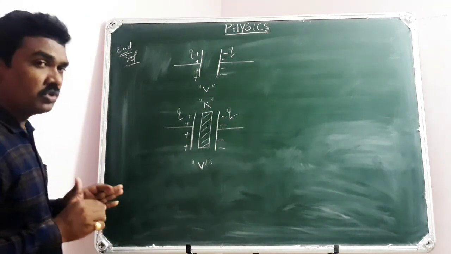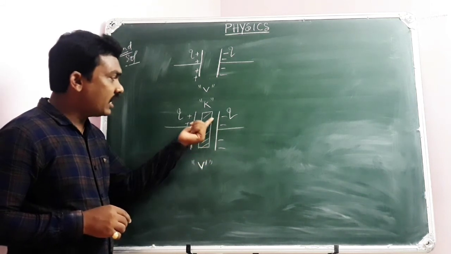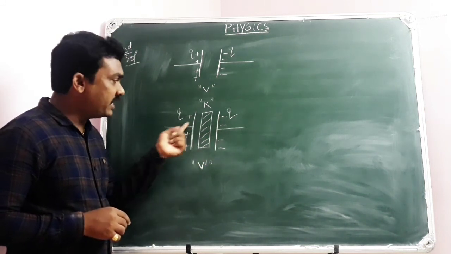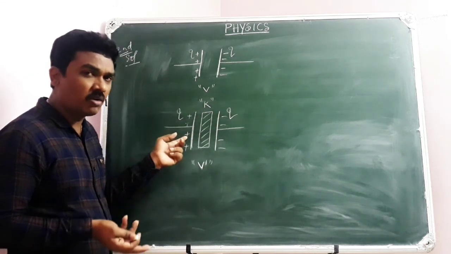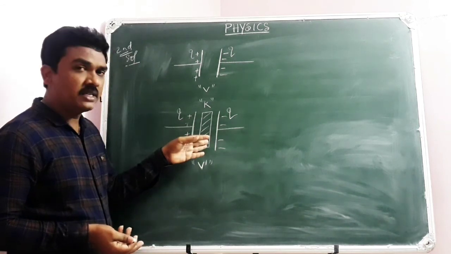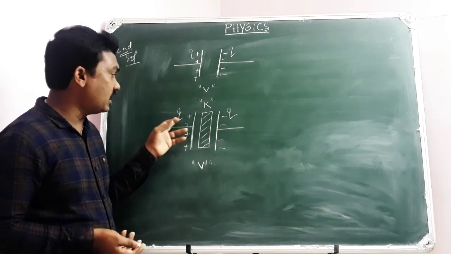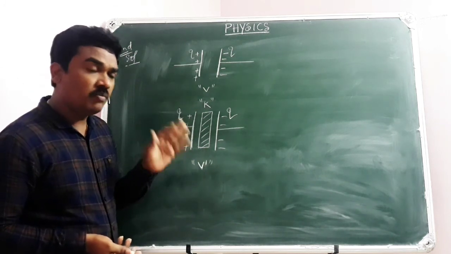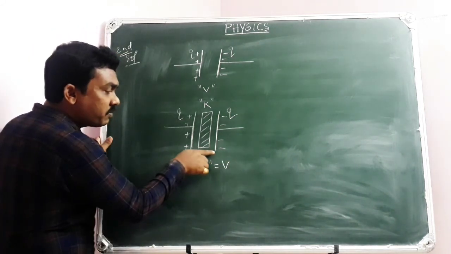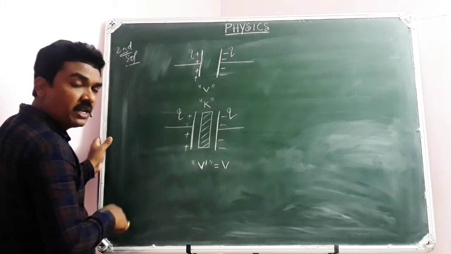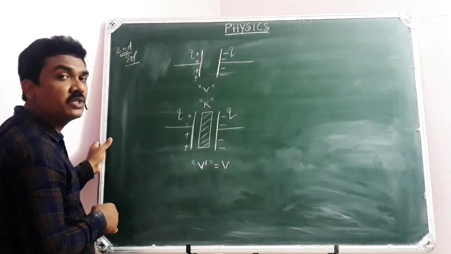Now in this situation, the question is, the potential difference is going to change on keeping the dielectric slab between the plates of the isolated charged capacitor. It is also a charged capacitor, but it is isolated already. In that place, I am keeping dielectric material. So here the potential difference is going to change. Charge remains the same. But to keep the same potential difference, the distance between the plates is increased by 2.4 millimeter.